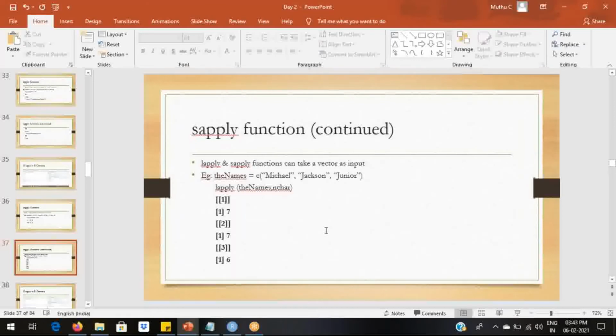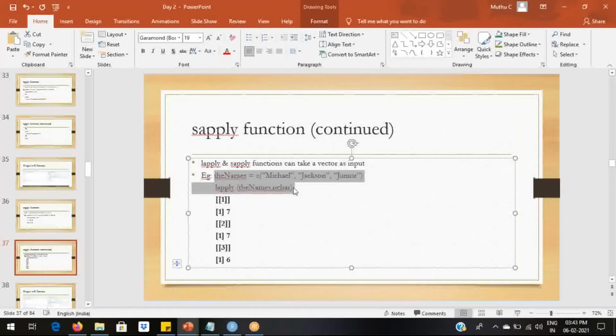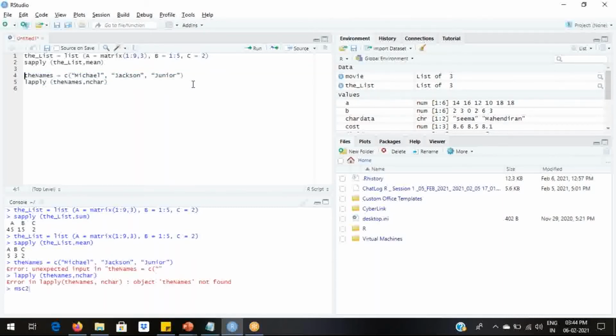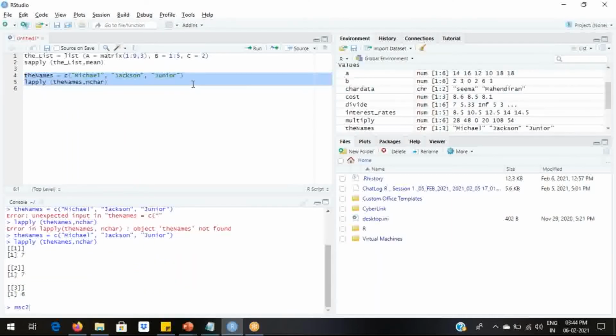We will try the other examples too. So we are able to get the same output as we saw in the PPT.